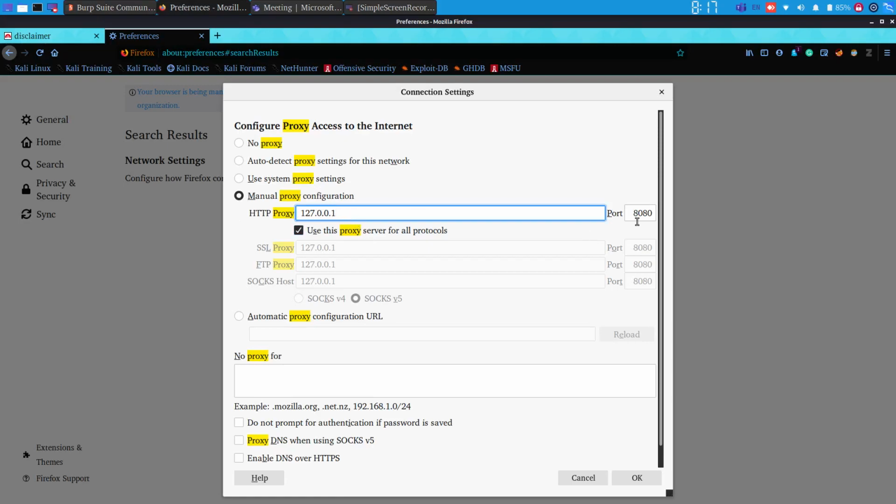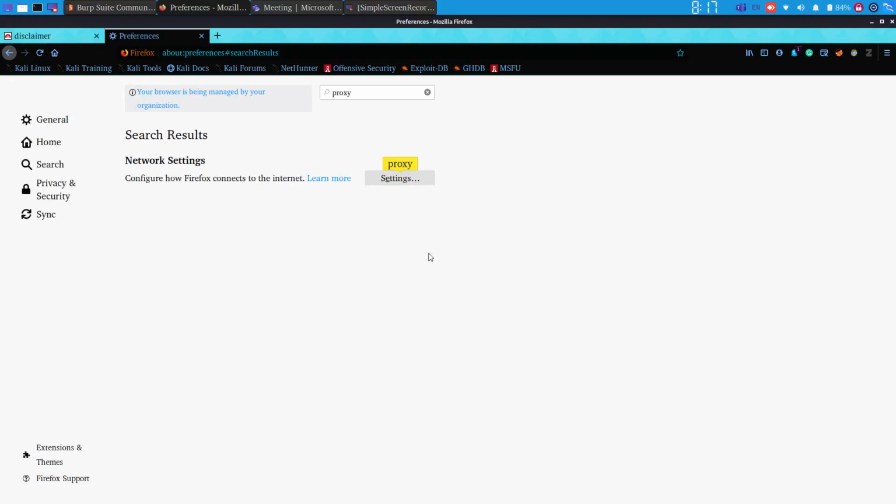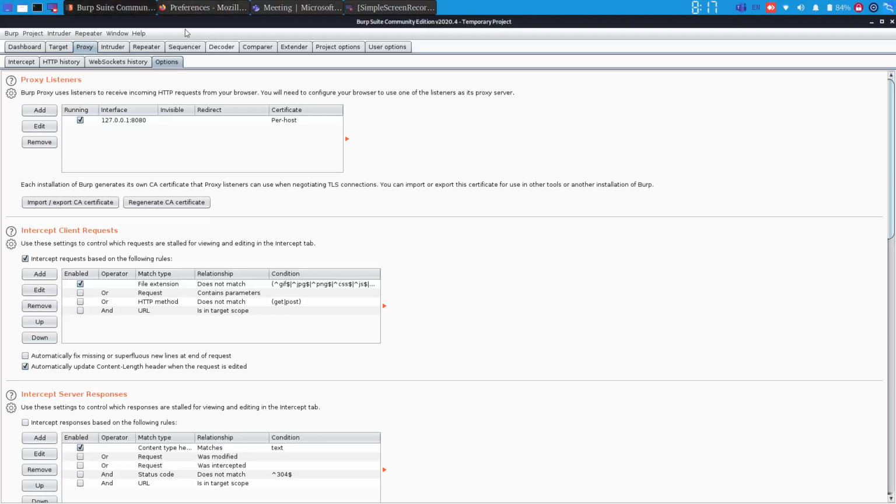Give this and the port number 8080, and tick this box so that we can use this proxy server for all protocols, and click on OK. So now our browser is working on the same loopback IP address, 127.0.0.1, and our Burp Suite is also working on the same IP address and it is running.